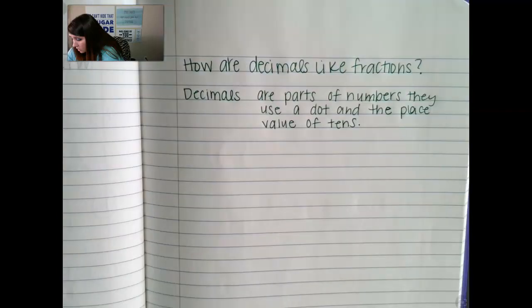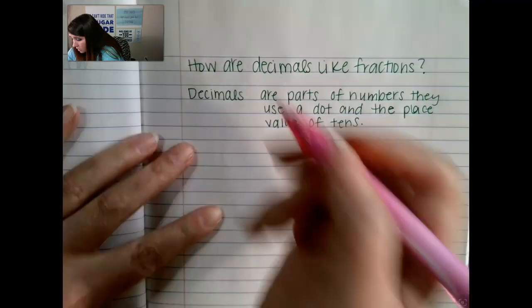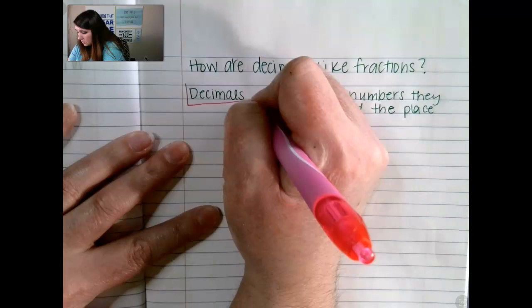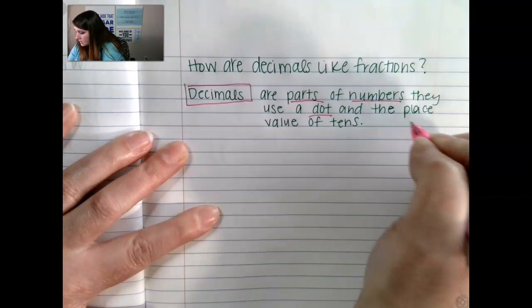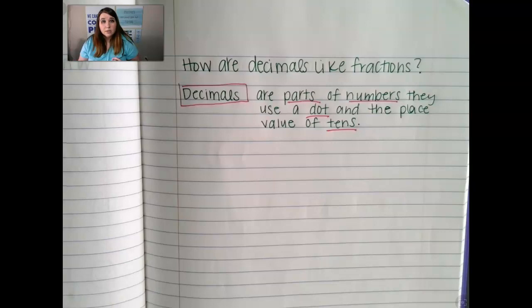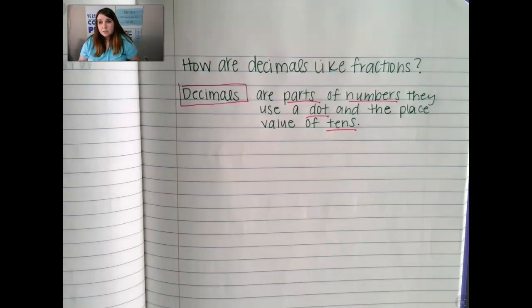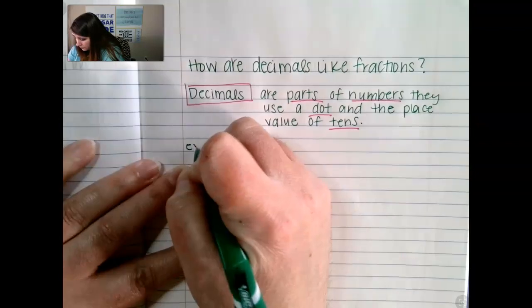Okay, so we're on a base 10. So when we're looking at decimals, we're looking at parts of numbers, with a dot and tens. So we're talking tenths, hundredths, thousandths, 10,000ths. So we're on the place value of 10. Maybe we should make this like of the tens. Okay, so for example,